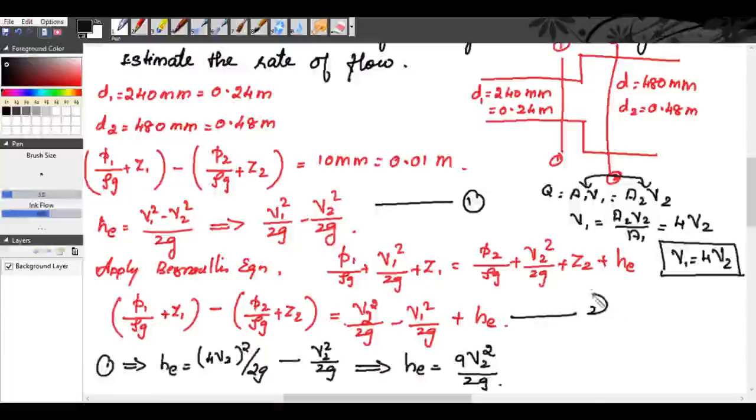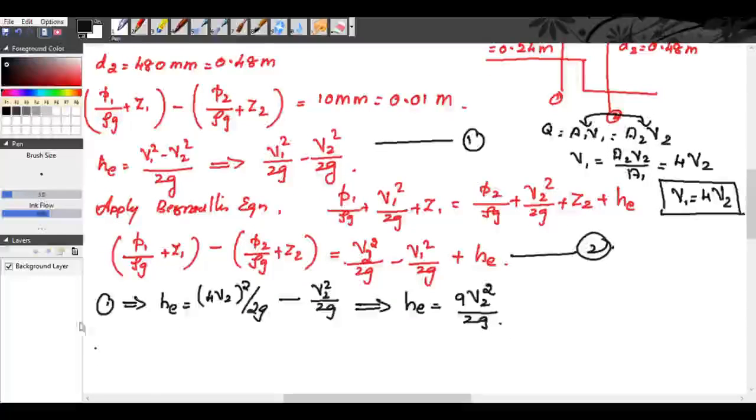In equation number 2, we have already found P1 by rho g plus Z1 minus P2 by rho g plus Z2 is 0.01 meter. So 0.01 is equal to V2 square by 2g,